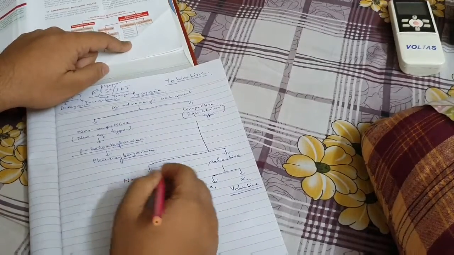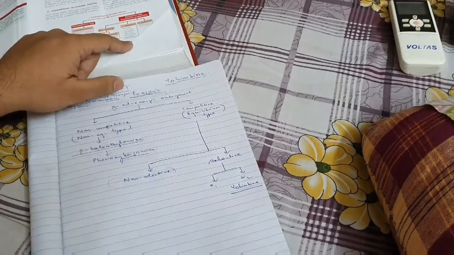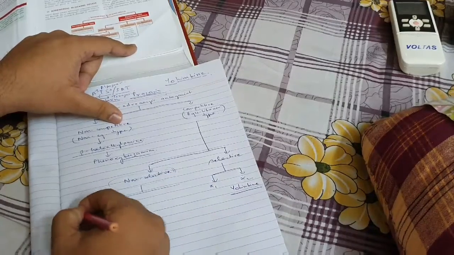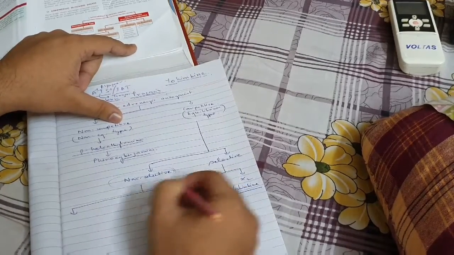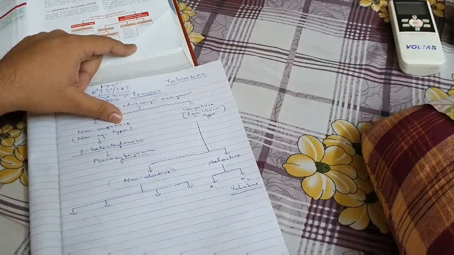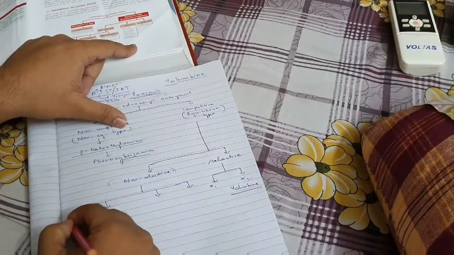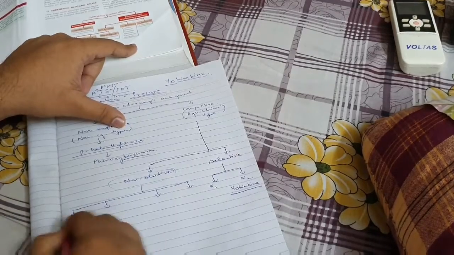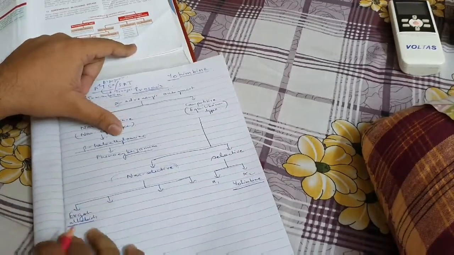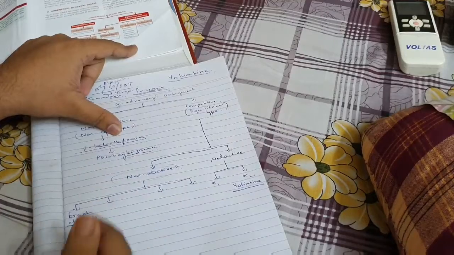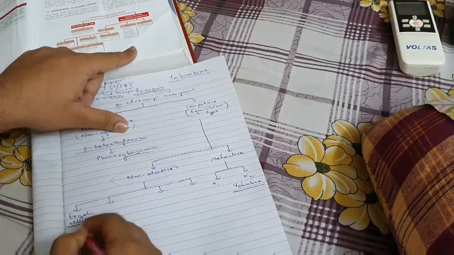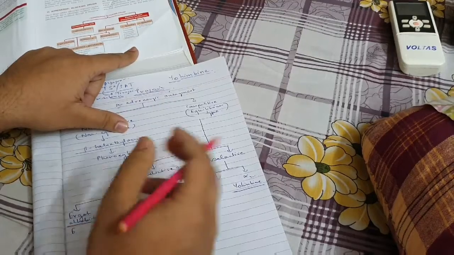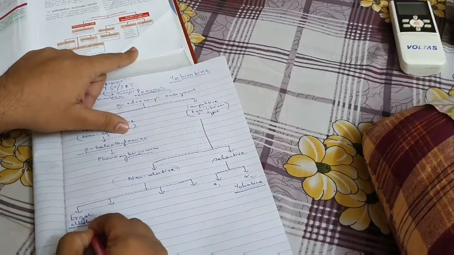Now if we come to the non-selective part, we can again break it up into several parts. According to the drugs, we have decided to break it up into 4 parts. First we have ergot alkaloids. From this you'll be able to understand it in a cool way. First, there is ergotamine. You only have to add ergot along with amine. So, ergotamine.